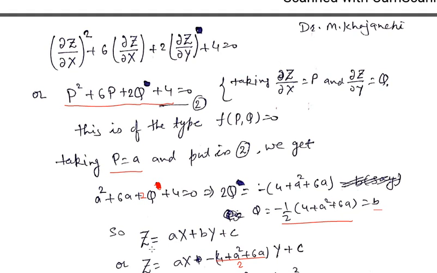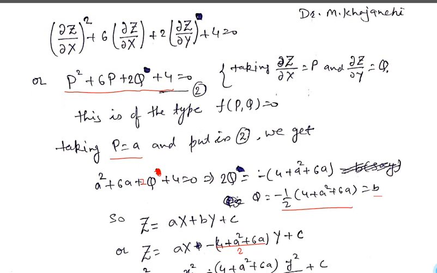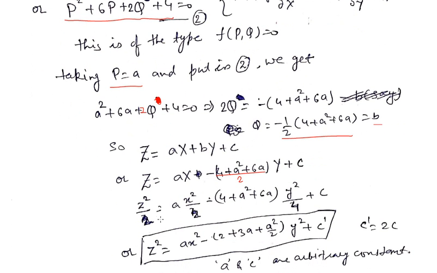A and C are arbitrary constants. Now putting the value of B, we get this, and when we simplify it and convert capital XYZ into small xyz using the transformation, we have Z square by 2 in the original variables xyz. Z square by 2 is equal to A x square by 2 minus 4 plus A square plus 6A y square by 4, as 2 is already here in the denominator, and from the transformation capital Y is equal to small y